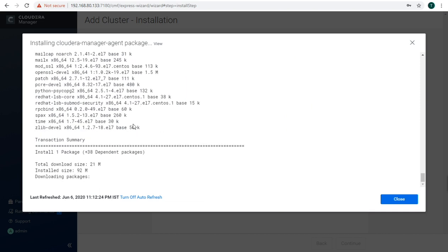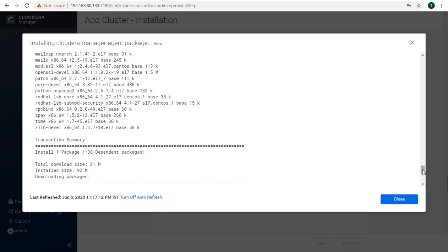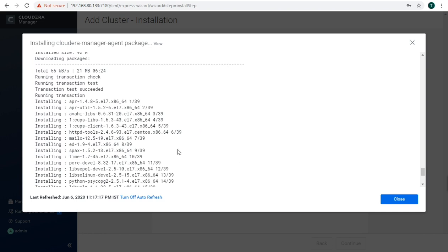Okay, so it is downloading packages where the size is 21 MB and the installed size will be 92 MB. If we scroll down, you can see those have succeeded.